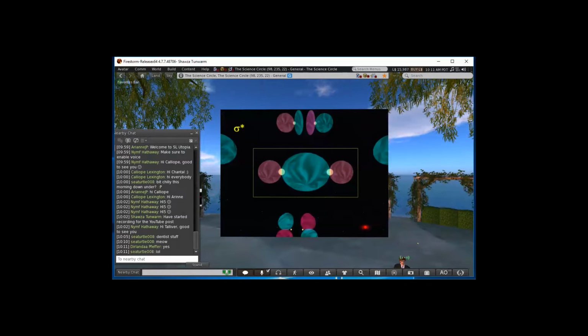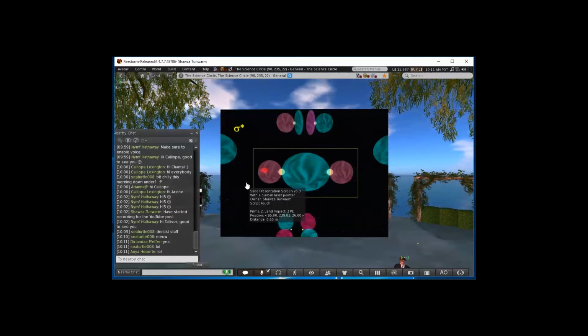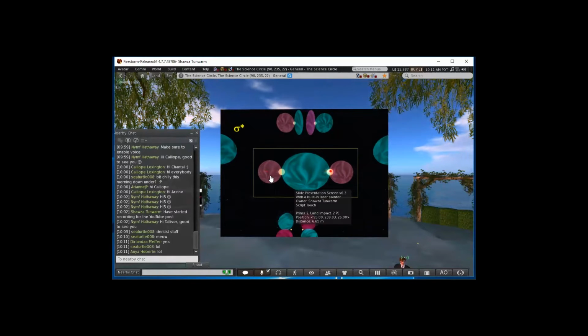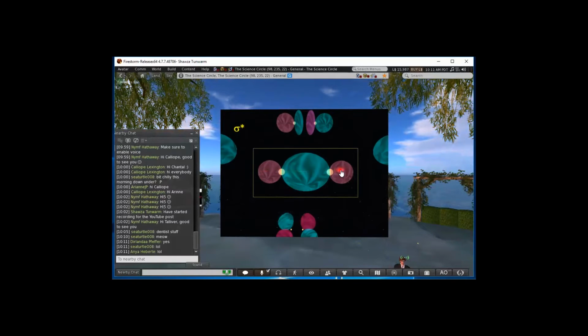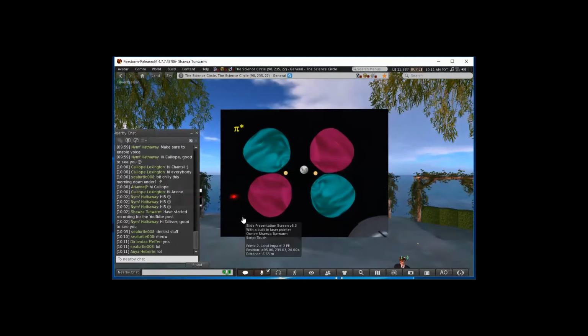So here's a plug for the exhibit next door. I've made some models of orbitals. This is the orbital where the lone pairs on nitrogen sit. These little wooden spheres are supposed to be atoms. The regions of electron density have different colors that represent phase. And this is what a pi star orbital looks like. Most pi star orbitals don't really have the moon in the background. That is an added feature of being able to show these in Second Life in 3D.